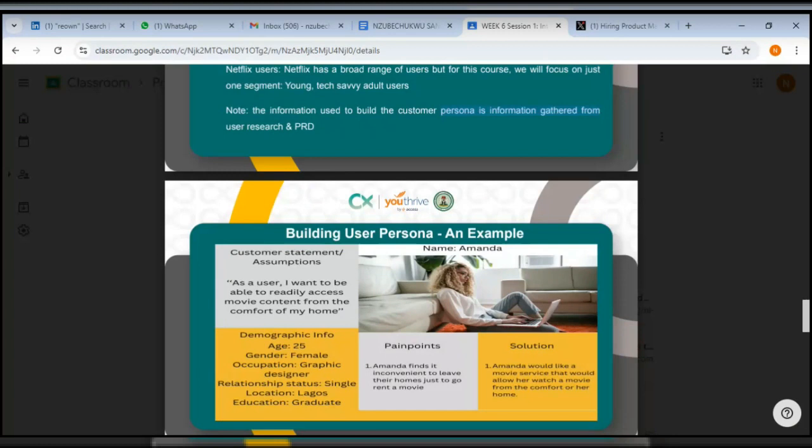Amanda would signify that this person is most likely female. But let's read the customer statement or assumption as a user. We remember doing this as a user, I want to be able to do this when I do this. We remember doing that in our discussion on user needs, and how to build a user story. So this is a user story. As a user, I want to be able to readily access movie contents from the comfort of my home, right? This is a user story. And then